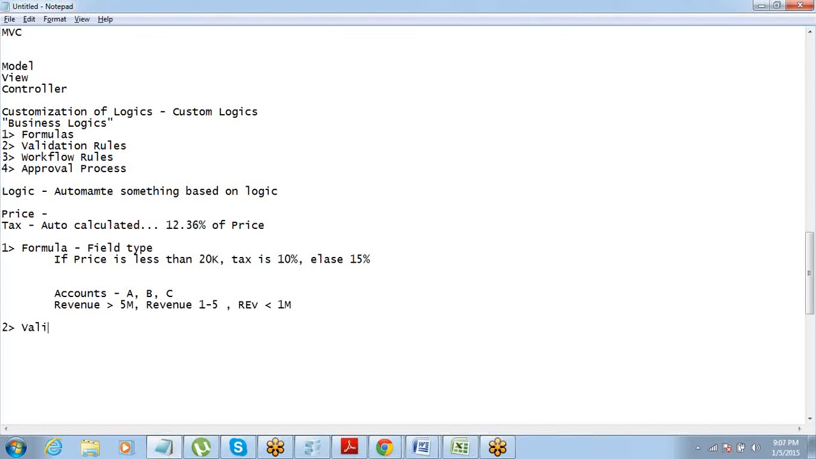The next thing that we are going to talk about is the validation rules. So we are done talking on the formulas. Now, validation rule. What is a validation rule? As the name suggests, it's a rule. Okay. This is a rule. This is not a field type. Formula is a field type. So these keywords I want you guys to keep in mind. So formula is a field type, which will calculate the value of that field and automatically populate the value for that field. Validation rule is basically